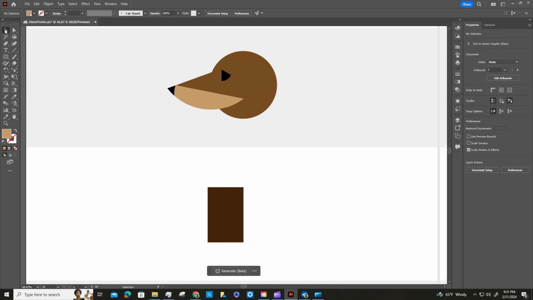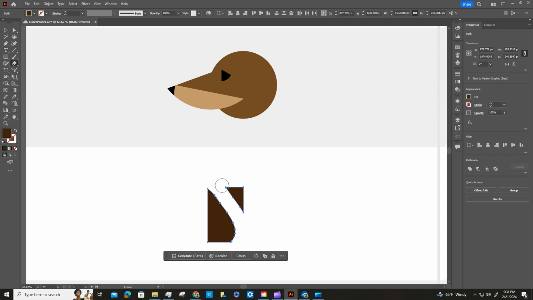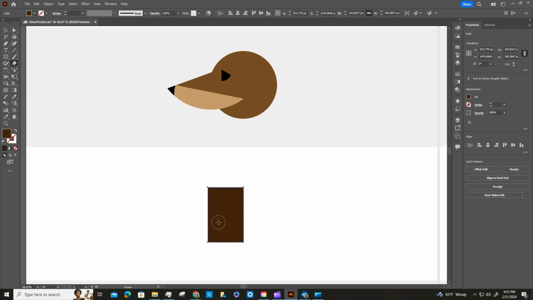So click on our selection tool and we select this box or this rectangle, and then the eraser, it will erase everything that it touches on that object, but nothing else behind it. So just so you know